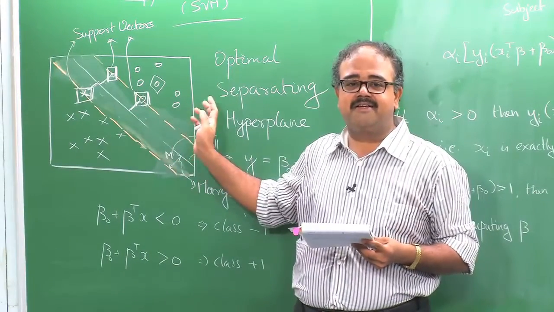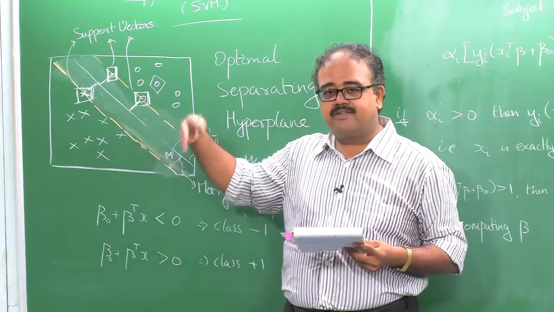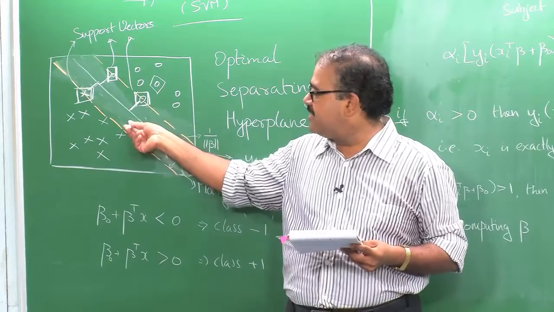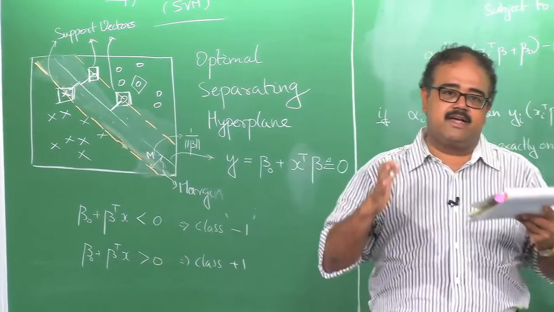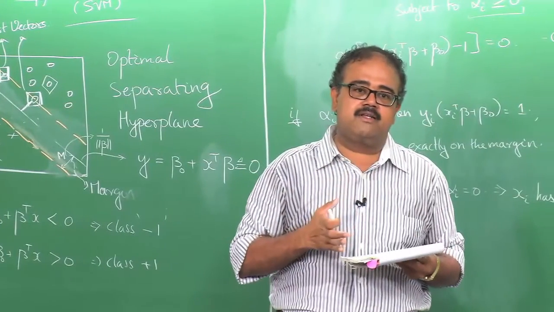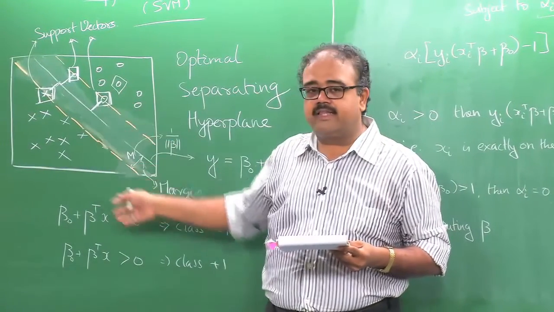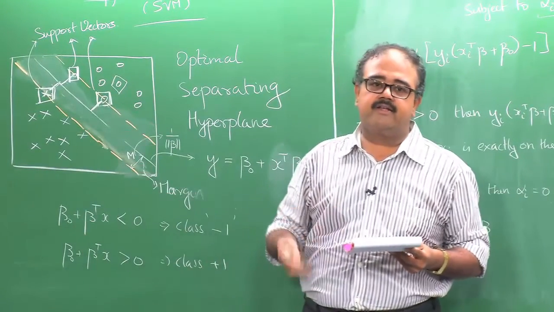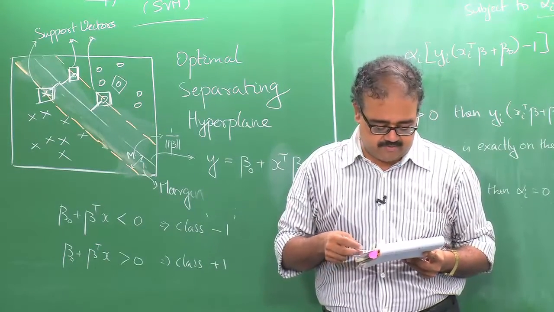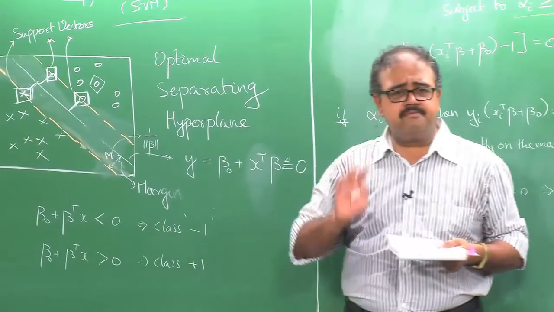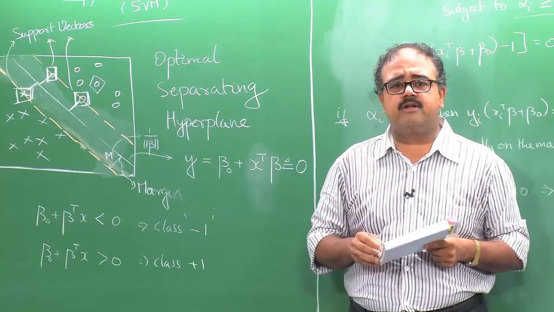On the other hand, if you are going to have some kind of a stochastic process that is generating the data, right, and there are a few data points that, by chance or noise, are close to the hyperplane, that will affect the support vector machines tremendously, and therefore, it will try to reduce the margin by a large extent, while a classifier that looks at the entire data and tries to find a distribution for the entire data might be a little bit more robust to such kind of noise. Yeah, so, this is how you solve the basic optimization problem for support vector machines.